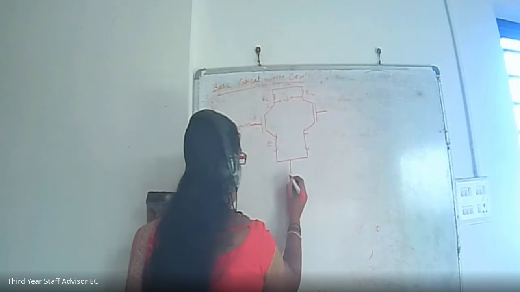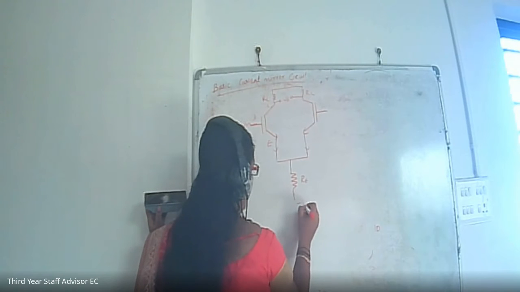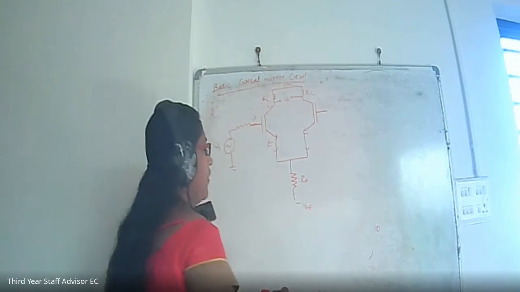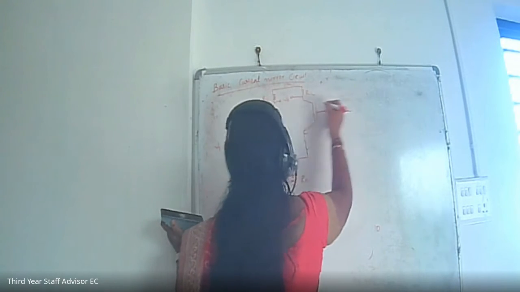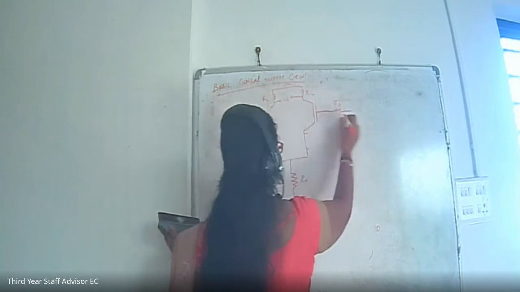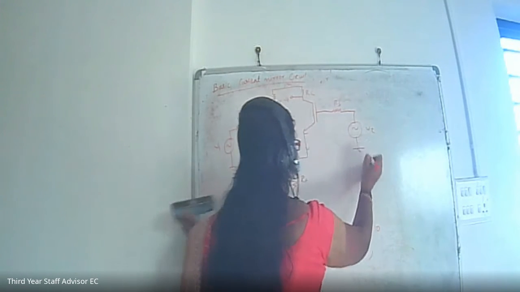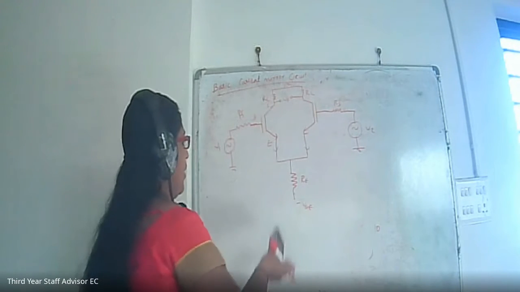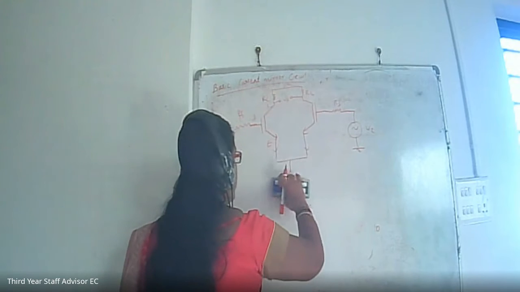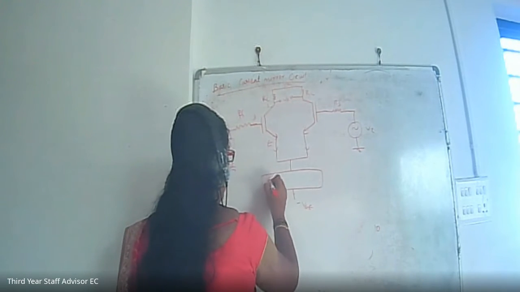So here initially we have drawn a resistance, that is Re or Re by 2. Then minus VEE here. Actually this was our differential amplifier circuit. This is RS, here also RS, and here V2. You might remember that this is our differential amplifier circuit. In this case, there is an emitter resistance. In the constant current bias circuit, we will be replacing this emitter resistance with a constant current source.